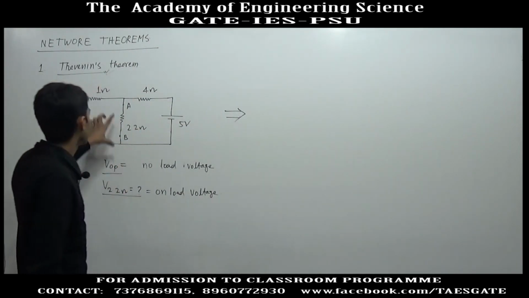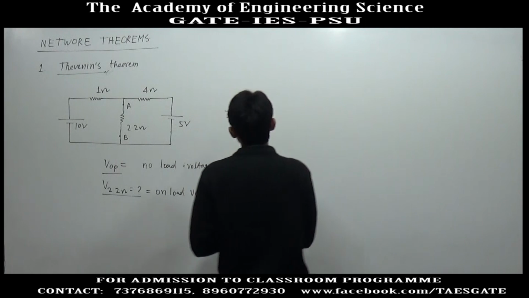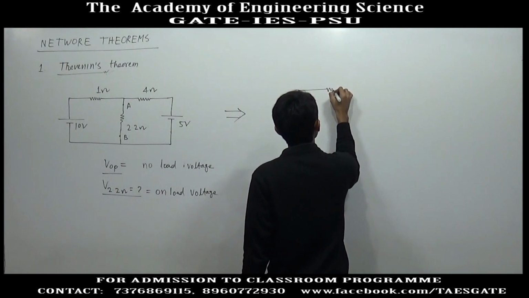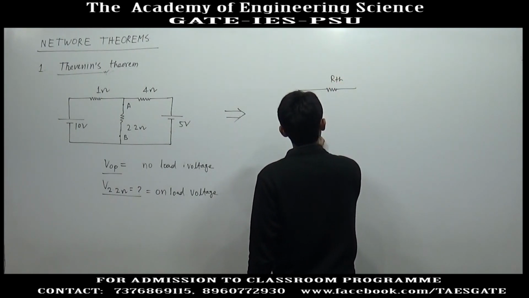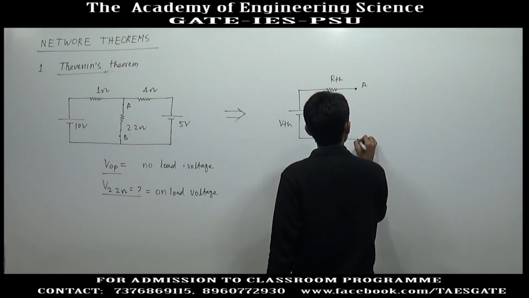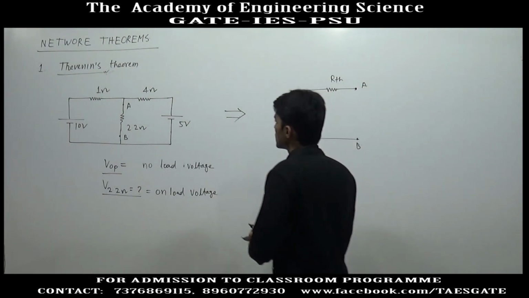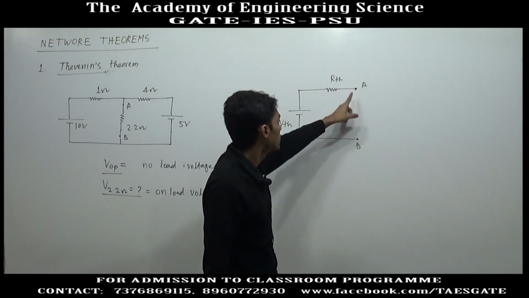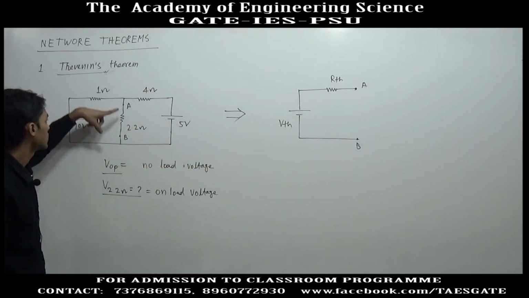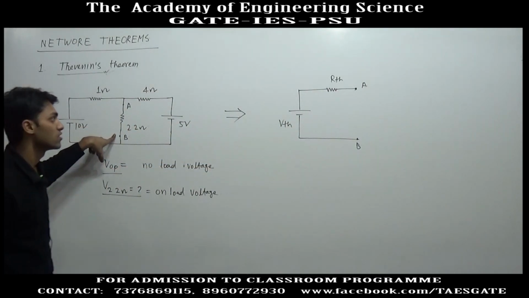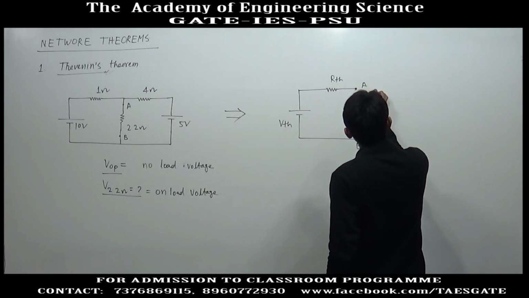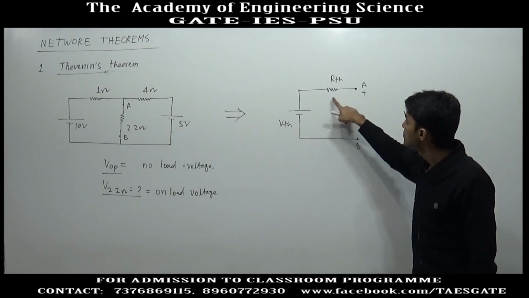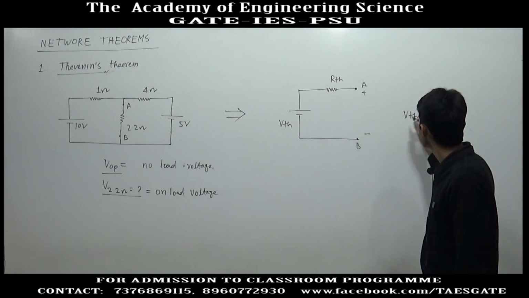Suppose we make the Thevenin equivalent circuit about the points A and B. Here we will have VTH, RTH and the points A and B. If you open circuit, it means you are not connecting any resistance, any load between points A and B. The points A and B are open circuited. So if you open circuit, the potential difference here will be VTH only, because no current can flow in RTH, so there will be no voltage drop, so the output voltage will be VTH.